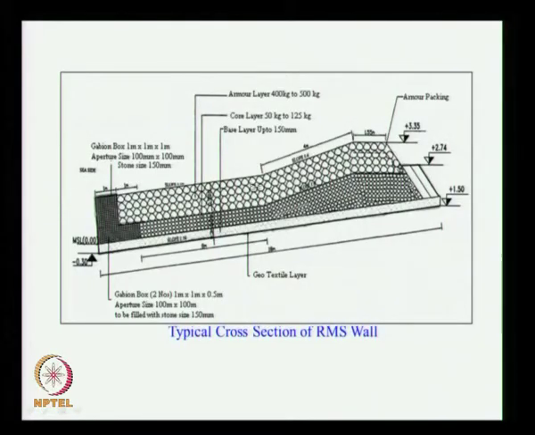Here we have two slopes, one slope is 1:10, another slope is 1:4, so that we go up to plus 3.35. So even if very big waves come, the wave will not overtop and come down; that is why we provide a steeper slope. If you provide the same slope, the top level will be much lower, so we provide a steeper slope. This is called the gabion box, provided at the toe. This is the toe of the breakwater.